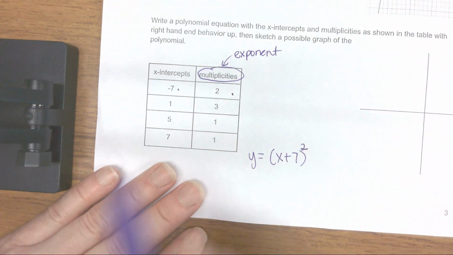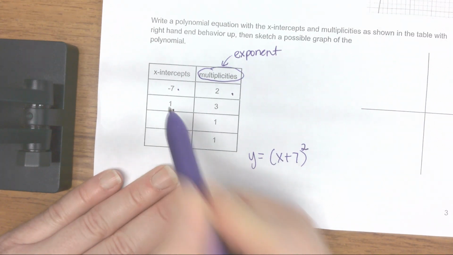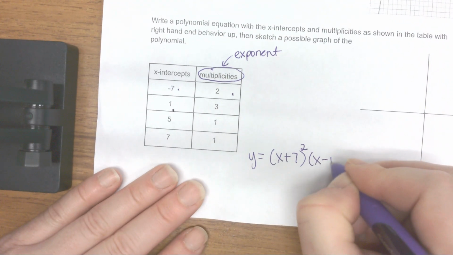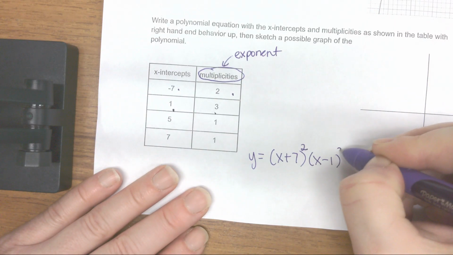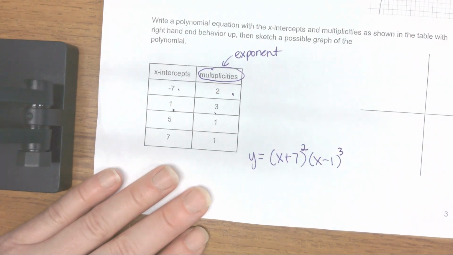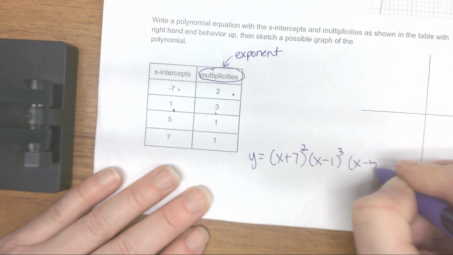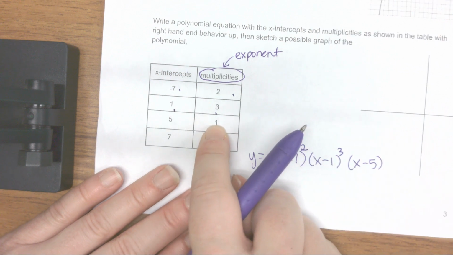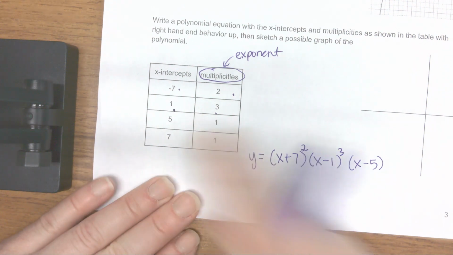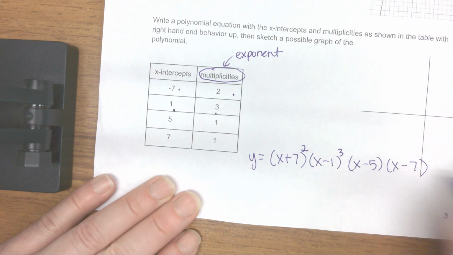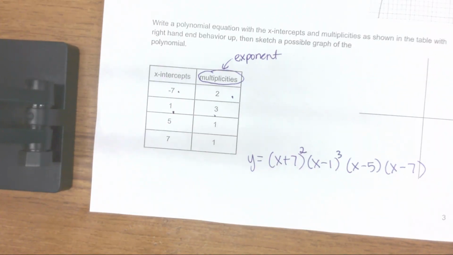How would I write an x-intercept of 1? X minus 1. It has a multiplicity of 3. That means there's 3 of them, so I would make that degree 3. I would write x minus 5. There's only one of those. Do I have to write the 1 in? We haven't been. No, you don't have to write it in. X minus 7. And there you have it. Okay. So,